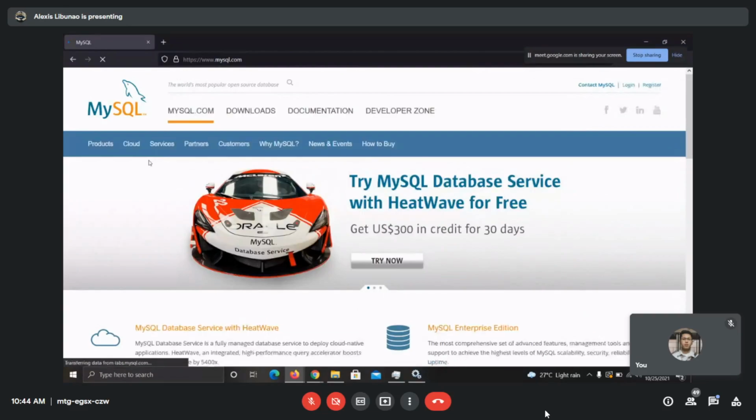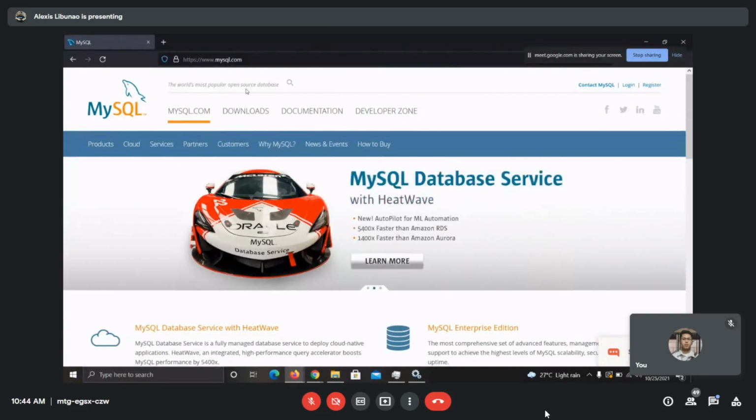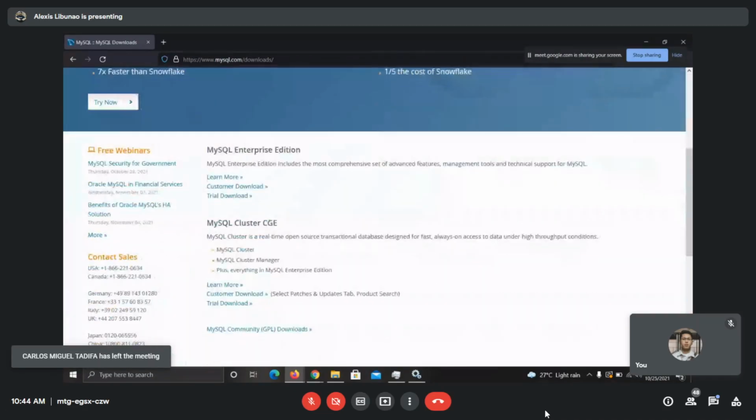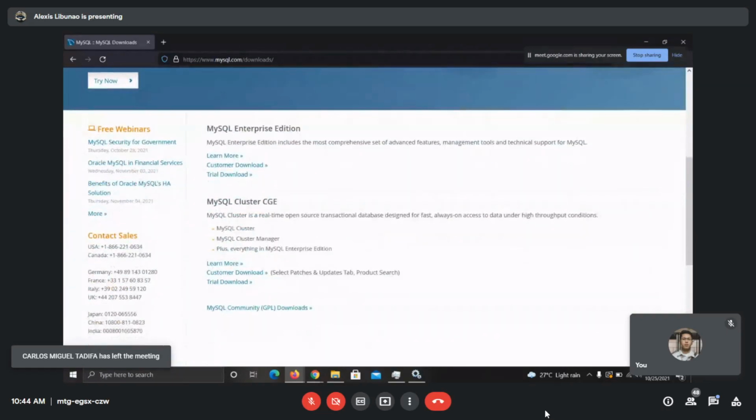Okay. And then we're going to click on downloads. We're interested in the community server of MySQL, the free one. We're not going to install or download the enterprise edition. What we're interested in is the community server, this one. So we click here,